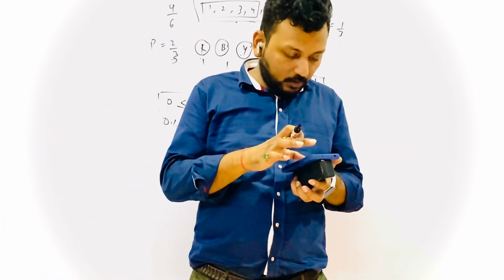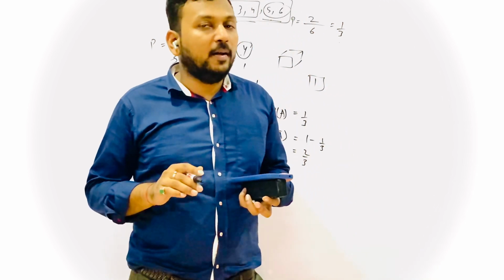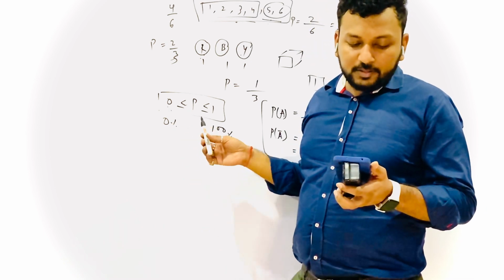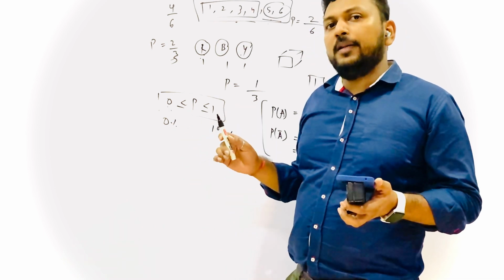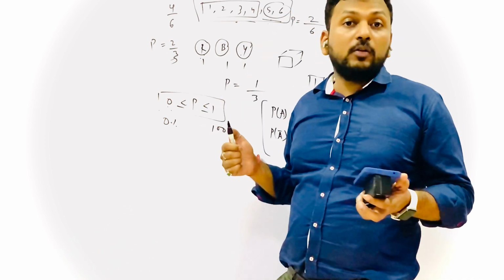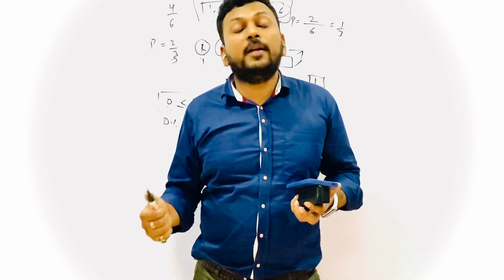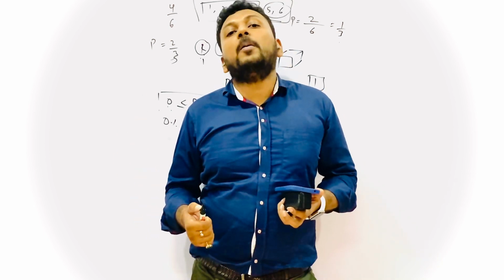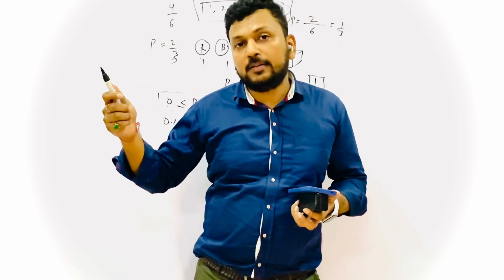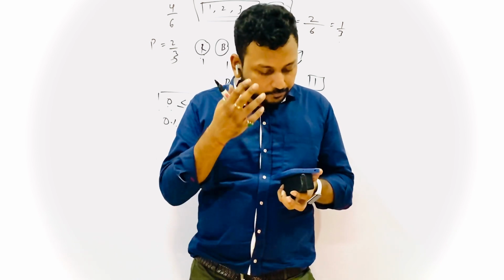Okay. So coming to the next, they are mentioning an impossible event. I have already told you impossible event means probability 0. And 100% probability is a certain or sure event. Suppose you are so confident, you will say, Father, I will definitely get 100 marks in mathematics this time. So the probability will be 1. You will say the probability of me getting 100 marks in mathematics is 1.